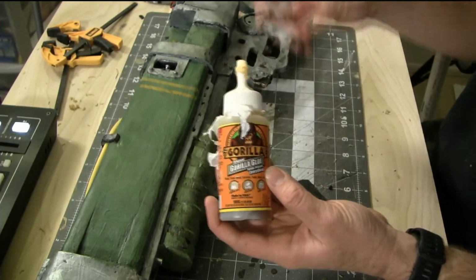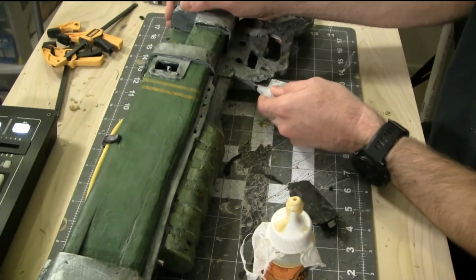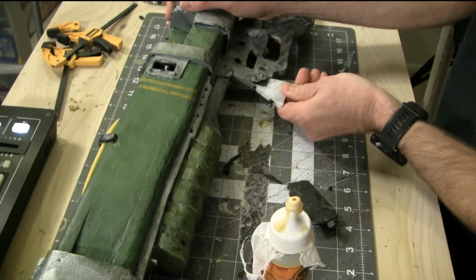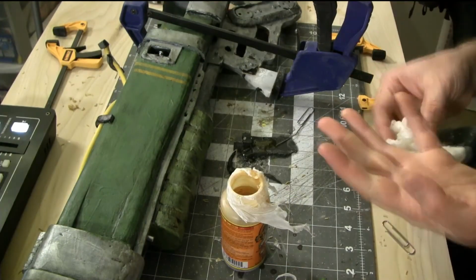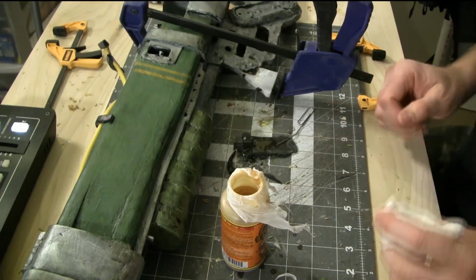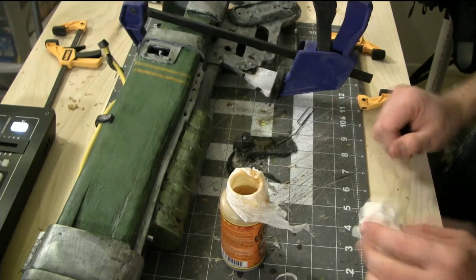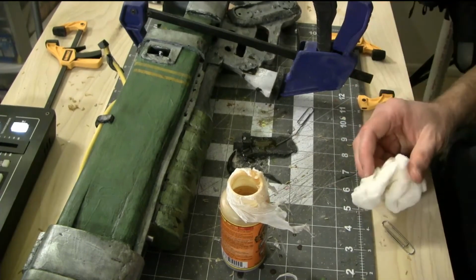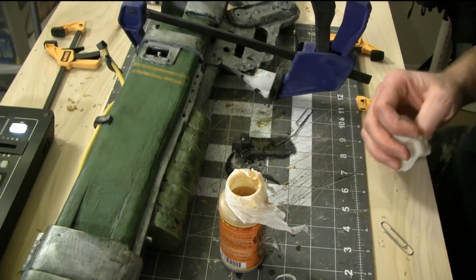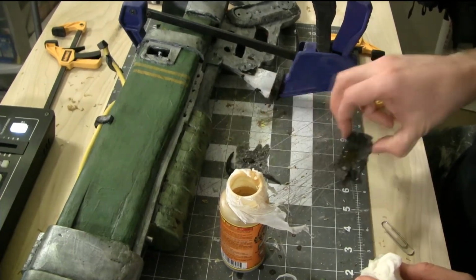I will be reinforcing this to the stock of the rifle using some other materials along the side here, because there are these little details, but I'm going to worry about that in a future video. Okay, I'm just going to let that dry, and it'll take probably about an hour to fully cure. And once that happens, I can start figuring out exactly how long the aluminum rod section needs to be, but in the meantime we can remove the Gorilla Tape that was sealing it shut. After I dispose of this little pool of Gorilla Glue,